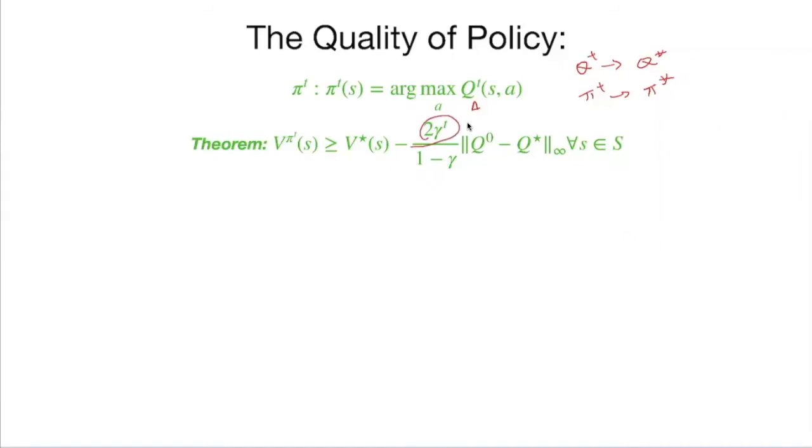This means that if t approaches infinity, I find a policy pi t,